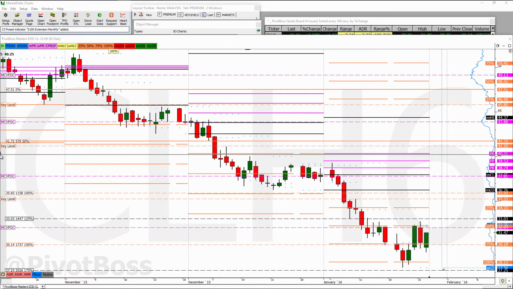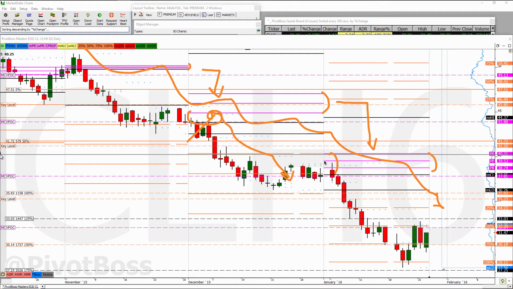So in a downtrending market, where value is being seen at lower and lower price levels, this is the pivot range, and here's the pivot range the next month, and here's the pivot range the month after that. It's printing at lower and lower price levels. That basically tells you that value is being printed at lower and lower price levels. That tells you that any pullbacks to the pivot range should be seen as selling opportunities for another round of